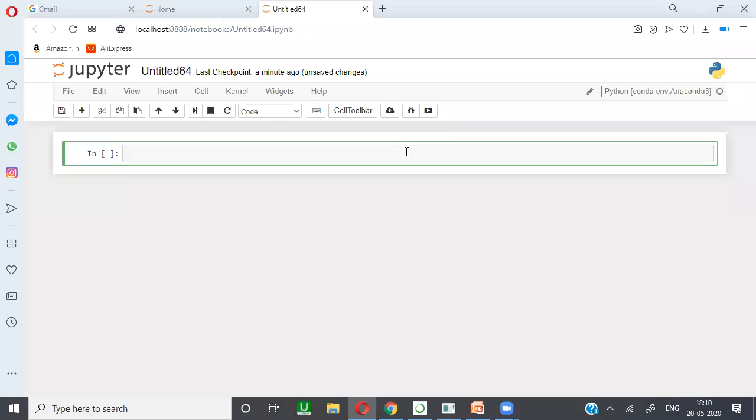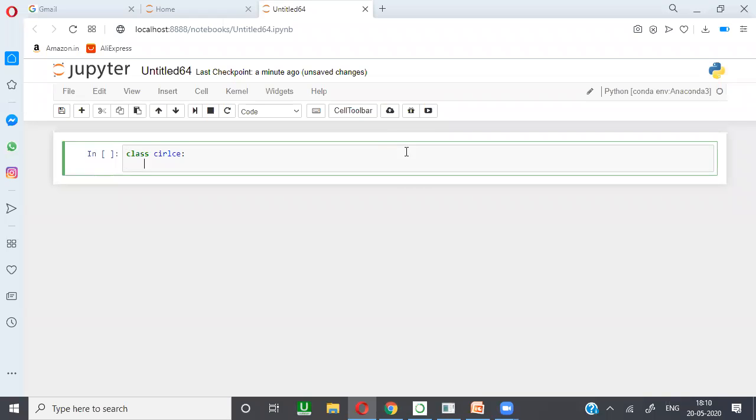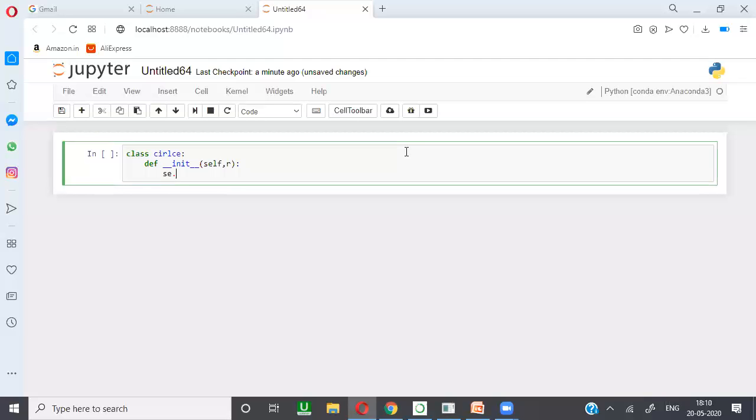For example, if I go with some class Circle, I'm going to define def __init__(self, r): self.radius = r.